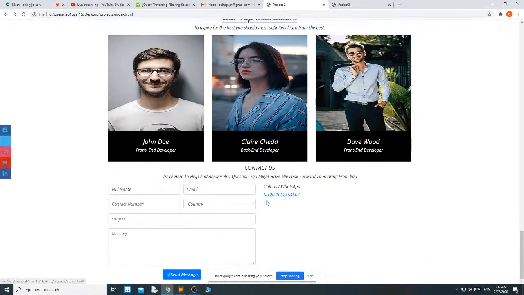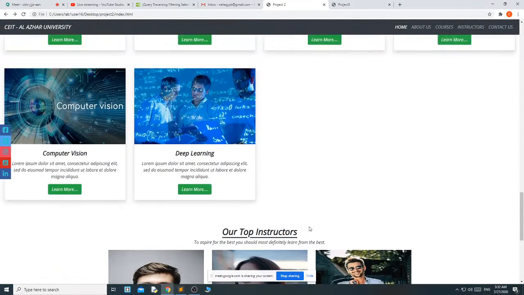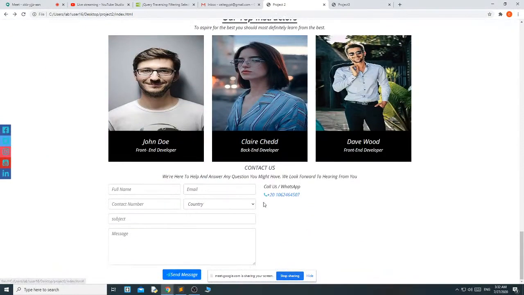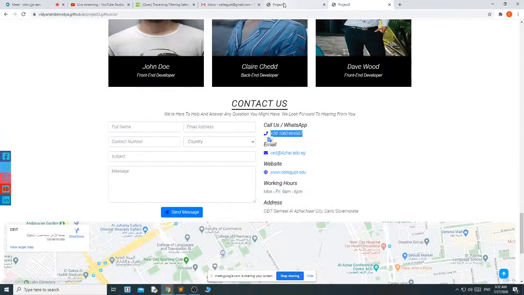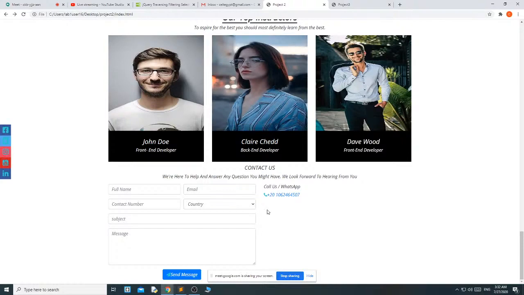Okay. This color is coming because I have made it the default color. If you want to change this color, then you can change it to anything else. For my whole website I made this upper icon color the default one. If you want to keep this color, then you can change it. Okay.